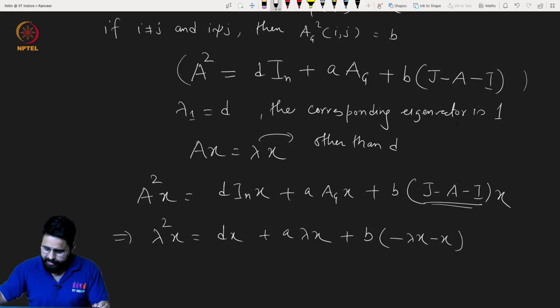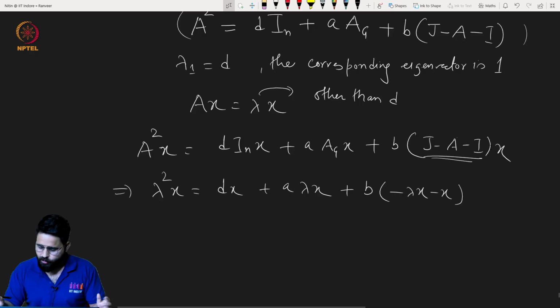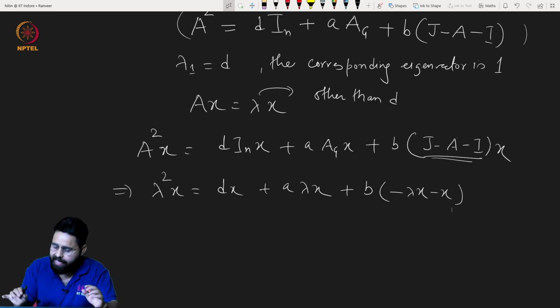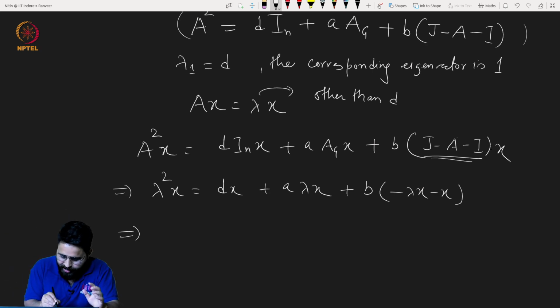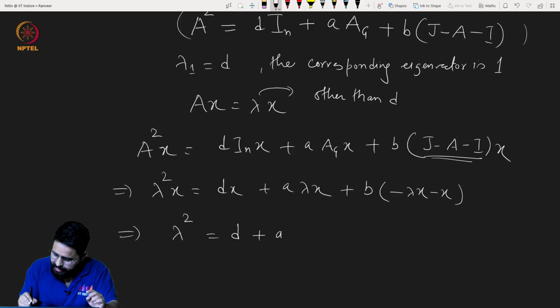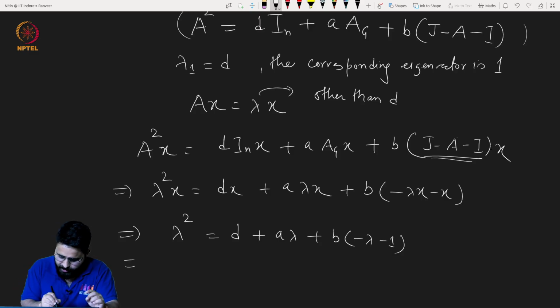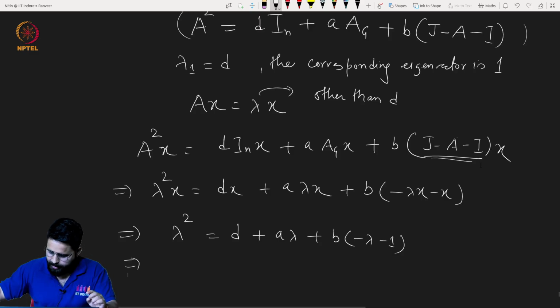So I can now write, what? Now remember, this x has to be a non-zero vector because it's an eigenvector. So this implies I can cancel x from both hand sides. So this will give you lambda square equal to d plus a lambda. Okay, hopefully I am doing it correctly. Then plus b minus lambda minus 1. Okay, maybe I can take lambda to this side, so this will imply that